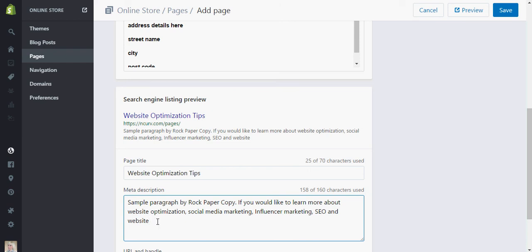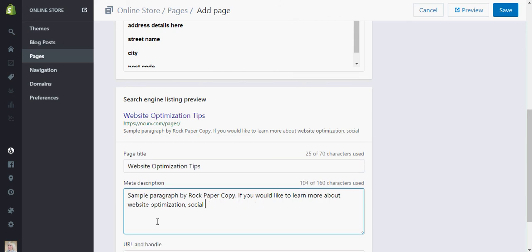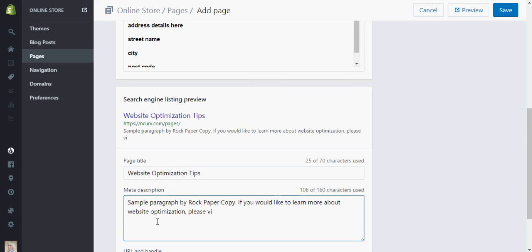Maybe it will be a little bit too long. Maybe I'll just use one of these phrases so I have enough space for call to action. If you would like to learn more about website optimization, please visit us at www.rockpapercopy.com. Obviously, you won't need to include the website address within the meta description, because once they click on your